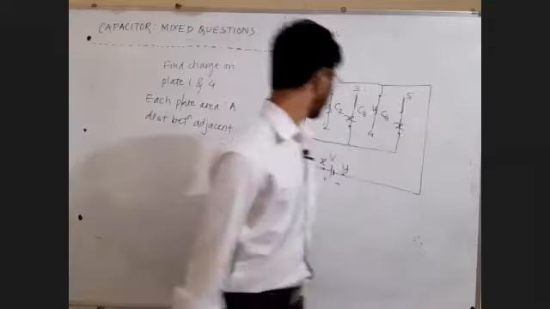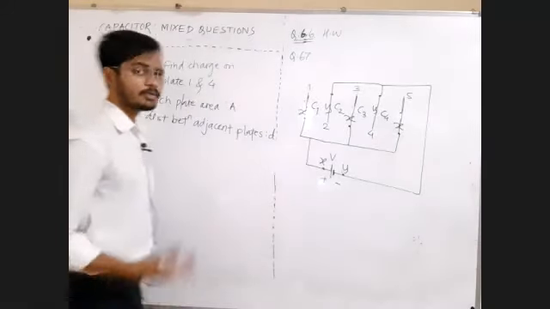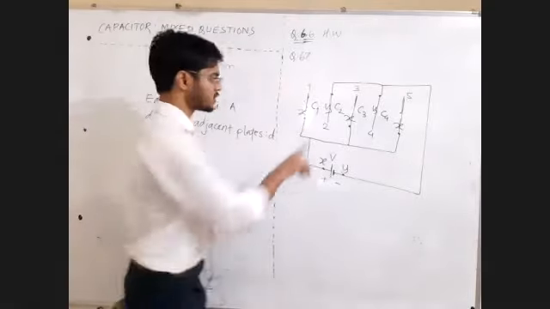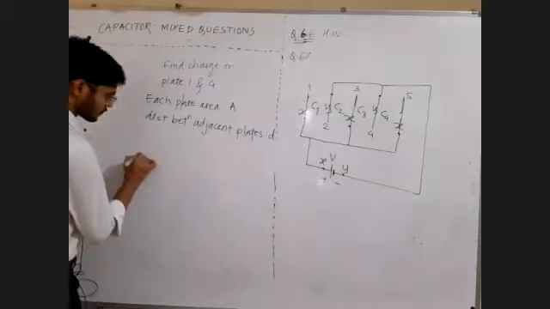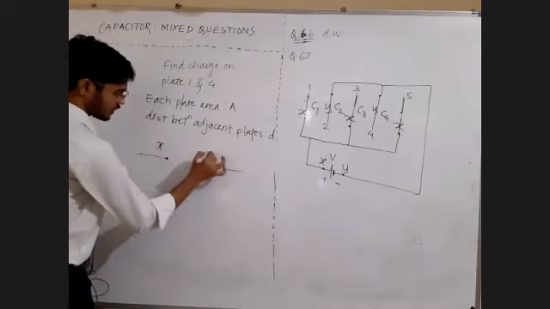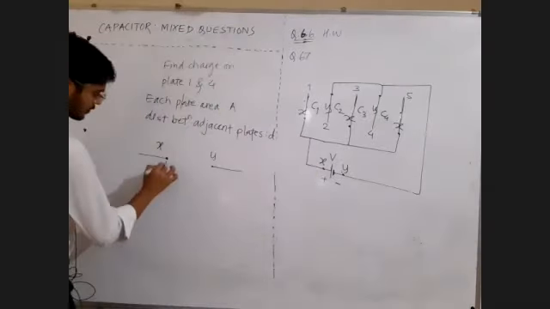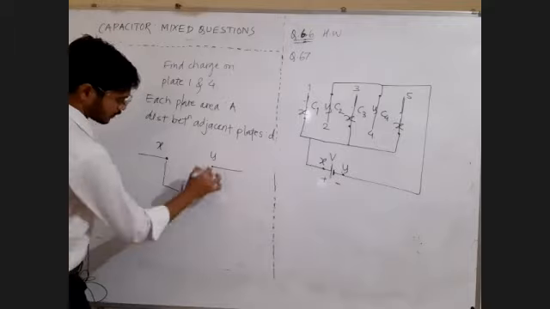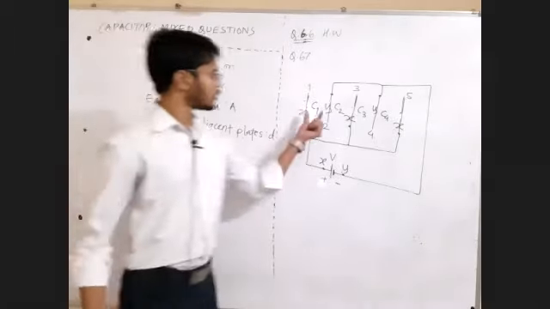Okay, fine. Now, in reality, in my circuit, there are only 2 points, X and Y. Between these 2 points, X and Y, a battery is connected having potential difference of V volt, and first capacitor